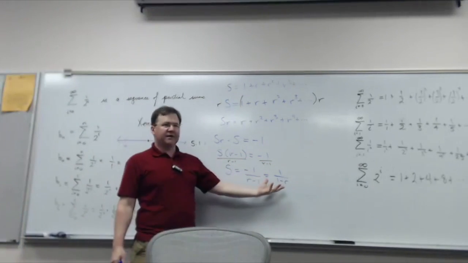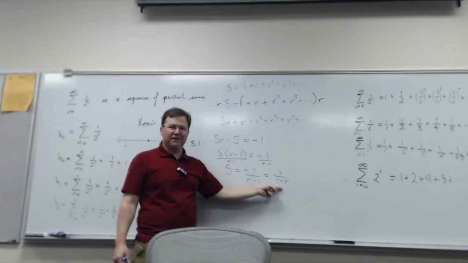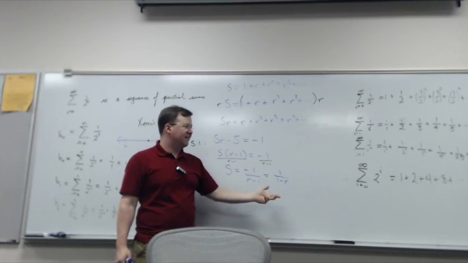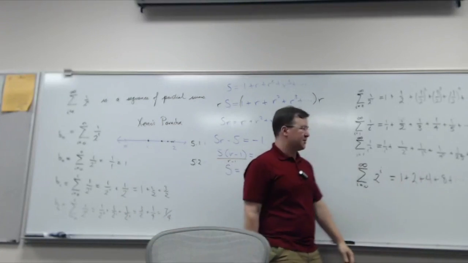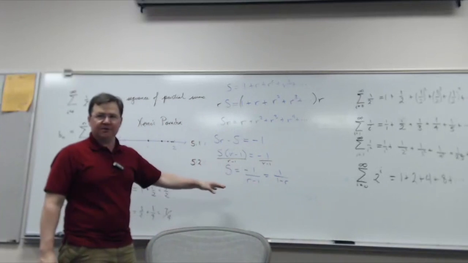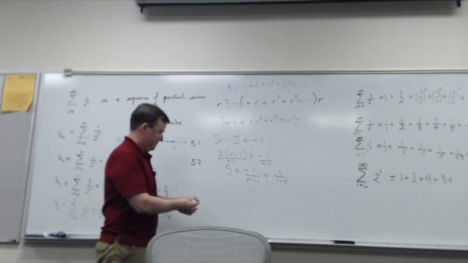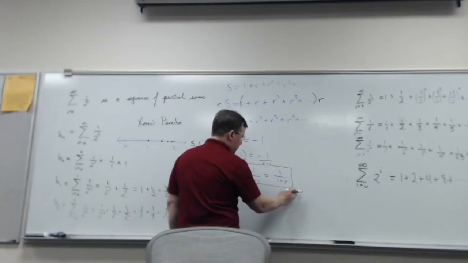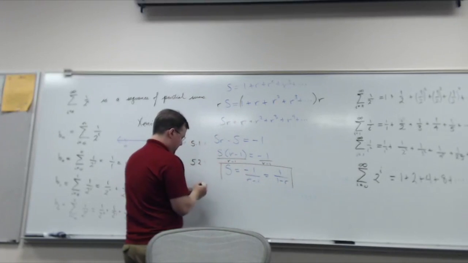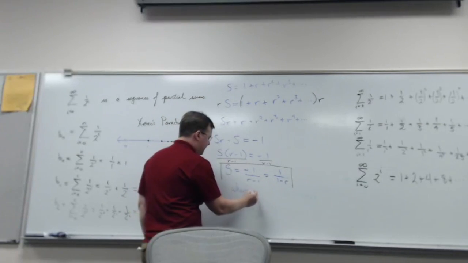Because if you do it blindly, you'd say, okay, if r equals 2, 1 minus 2 is -1, and I get 1 divided by -1, which is -1. And clearly this doesn't add up to -1, right? So this is a formula that you've got to use with caution, okay? What I really need to include in this box is a sentence that says where r,